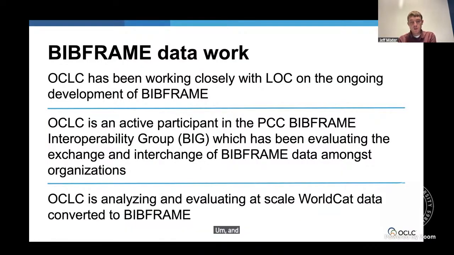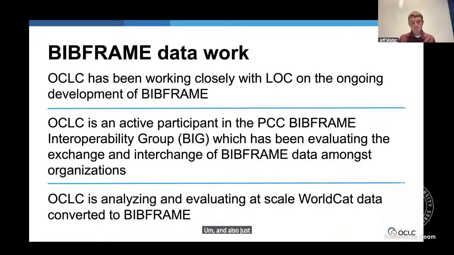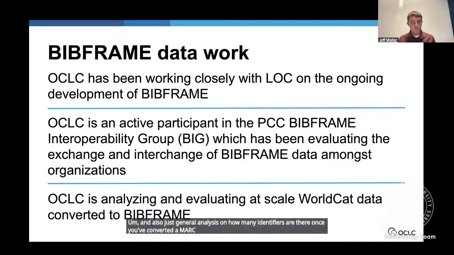And lastly, we have been analyzing and evaluating WorldCat data converted to BibFrame at scale to see what patterns we find, what anti-patterns we see based on the MARC to BibFrame conversions, and how we can help normalize those to make the data more usable. And also just general analysis on how many identifiers there are once you've converted a MARC record to BibFrame, because identifiers in linked data are the critical connection points between resources in a graph.